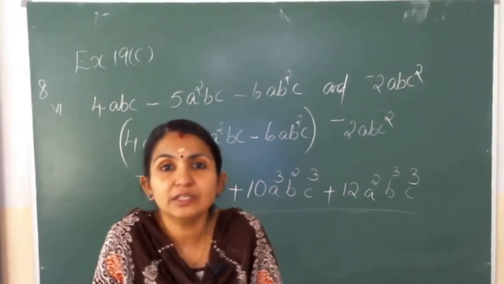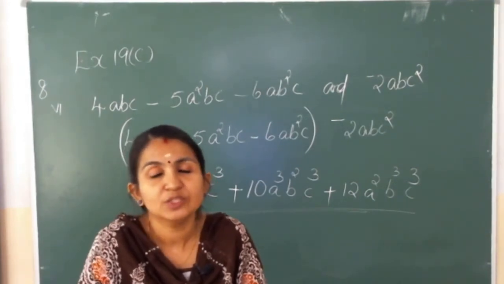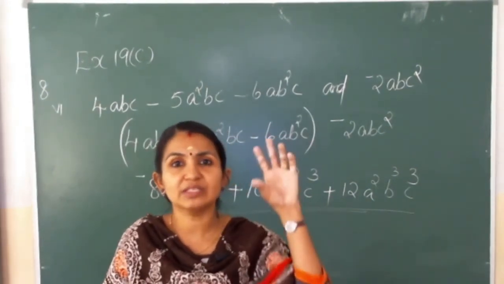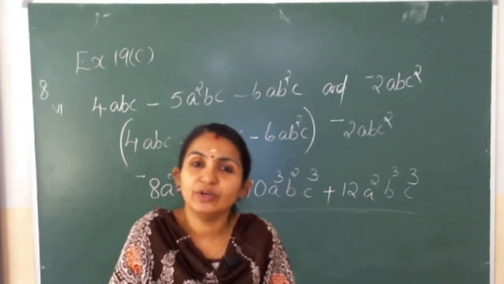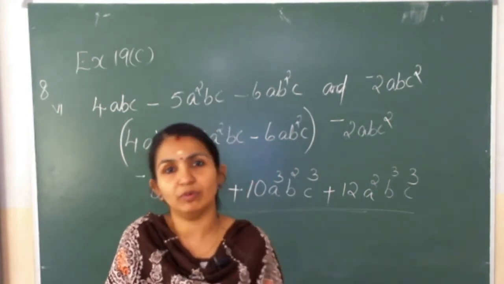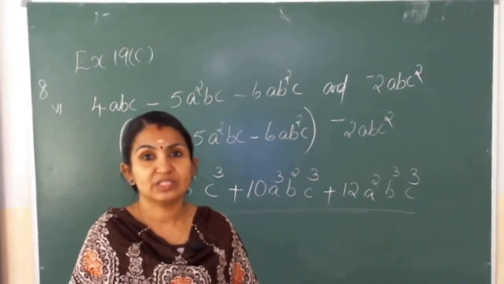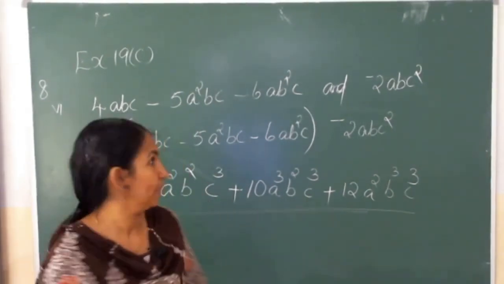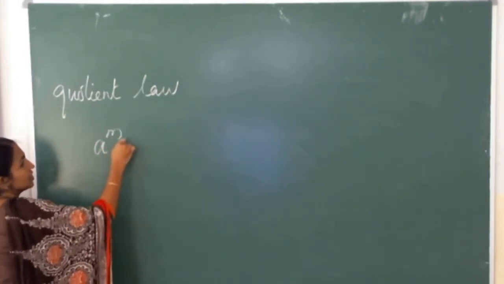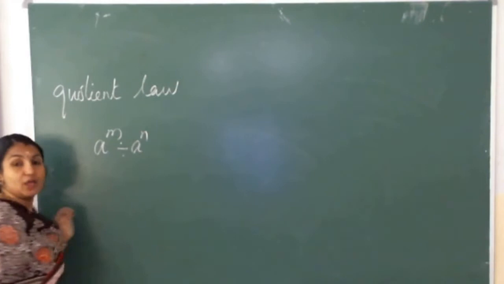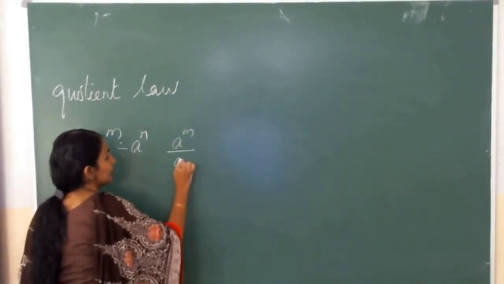So, we just completed our multiplication part. Now, we are moving towards the division. As we told for multiplication, there is a law, the product law of exponents. In the same way, for division also we have one formula. Some laws are there, so just check that one. The quotient law of exponents says that a raised to m divided by a raised to n, we can write it another way, that is a raised to m by a raised to n.